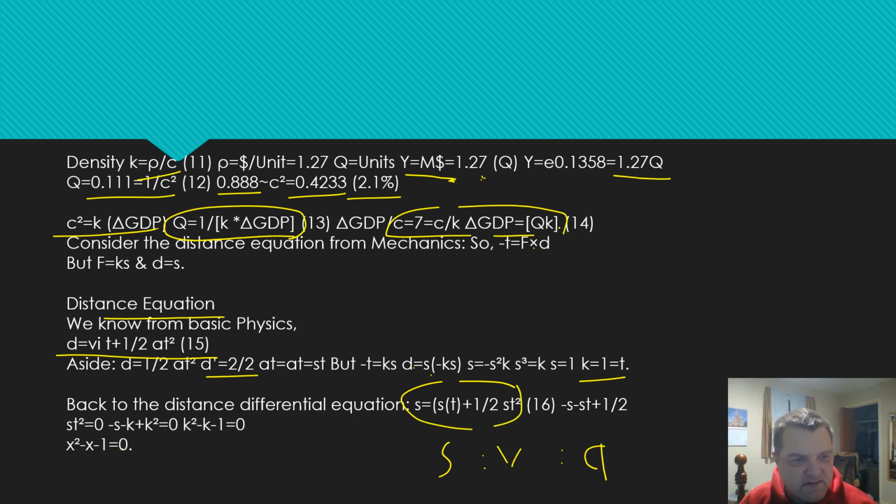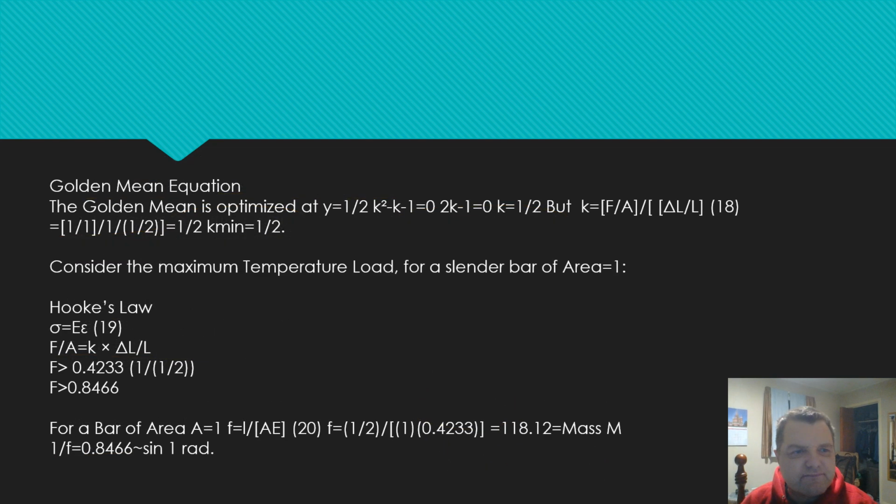So we have the golden mean product by x squared minus x minus 1 equals 0. So the golden mean equation is optimized at y is equal to 1/2 k squared minus k minus 1 equals 0. And 2k minus 1, the derivative, is equal to 0. That's the derivative. K is 1/2, but k is equal to, from Hooke's law, which we see down here,